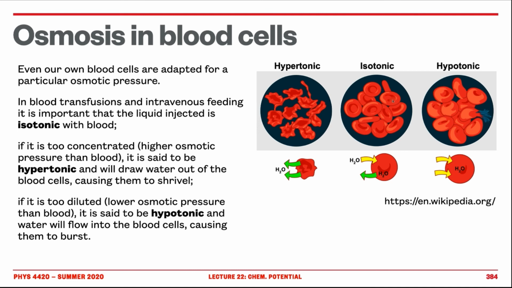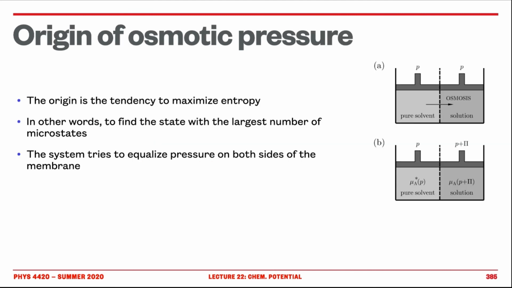So what you want is the isotonic. So you want the blood that's injected to have the same osmotic pressure as the cells themselves. Therefore, the net amount of water coming in and out is the same. So you have a stable system that's neither collapsed nor burst. So it's pretty serious. Now we can go back and try to understand a little bit the mathematics behind